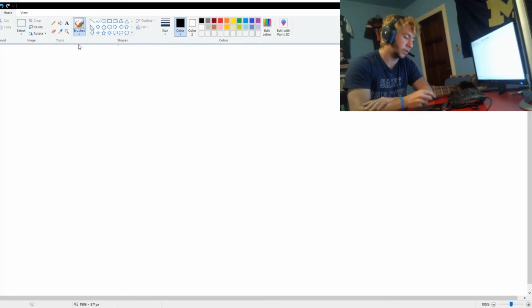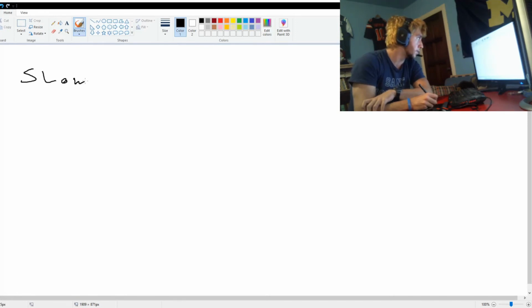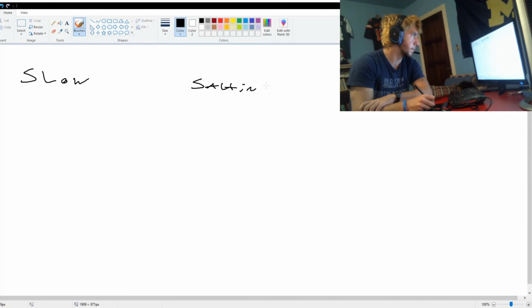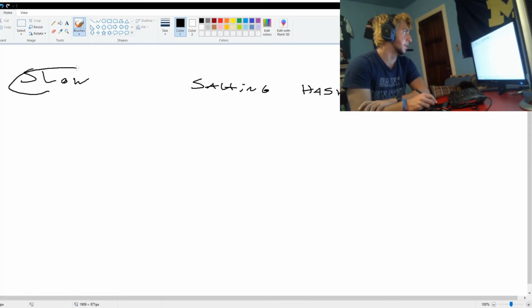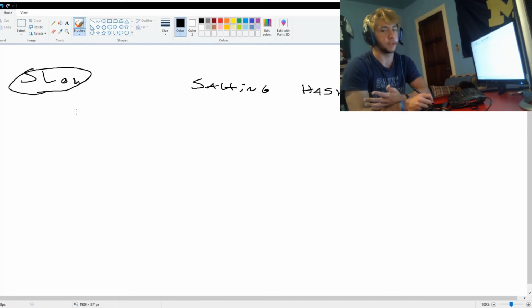Now, there are a couple of security practices associated with hashing passwords, mostly slow algorithms and salting hashes, which I'm going to explain both of right now. So, slow algorithm seems a bit counterproductive if you know pretty much anything about computer programming, computer algorithms. Programmers are trying to optimize all of their algorithms. They want them to be as fast as possible for obvious, common sense reasons. So why would they want password hashing to be particularly slow?